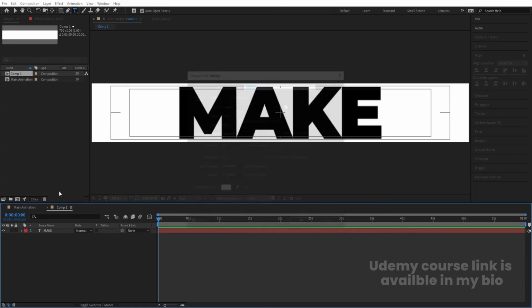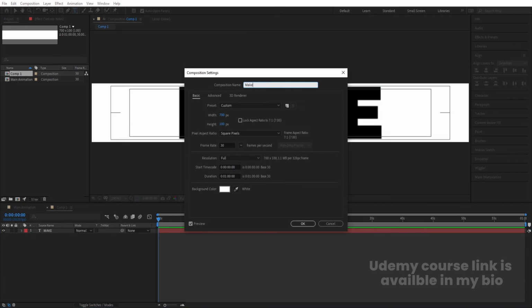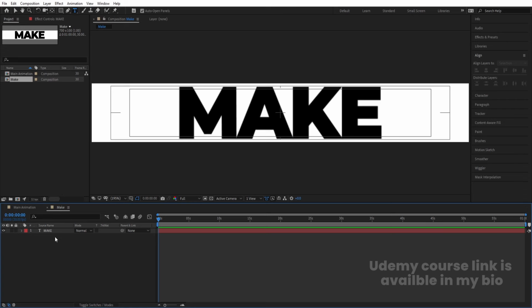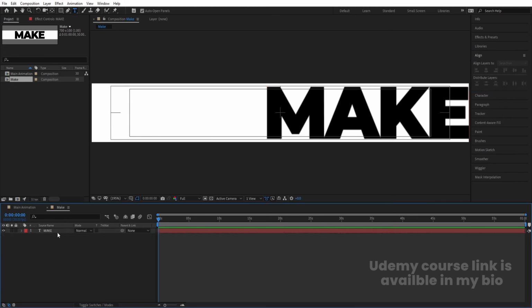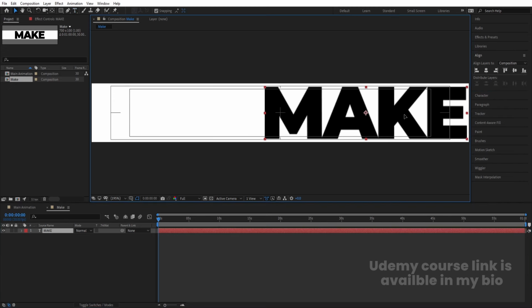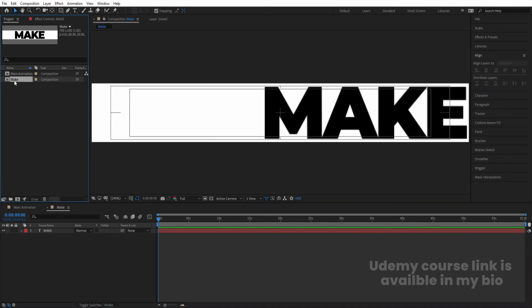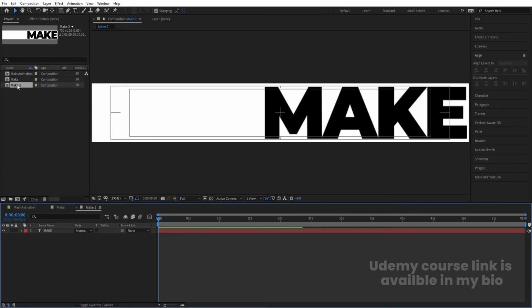Hit Ctrl K to open the composition settings, and let's type make over here. Okay, select this, go to the align tab, and over here we are going to choose align right. Okay, select this and let's move this a little bit over here. Now select this make and hit Ctrl D, double click to open this,